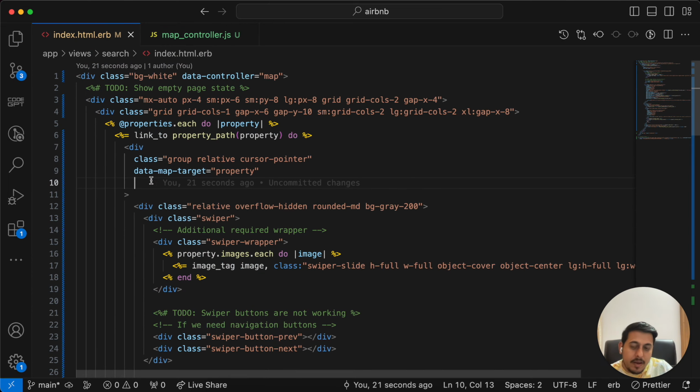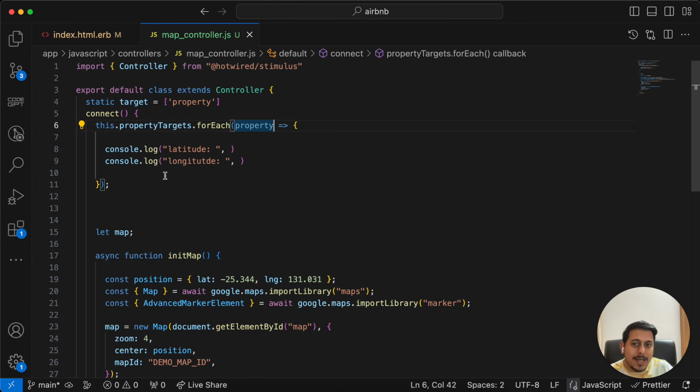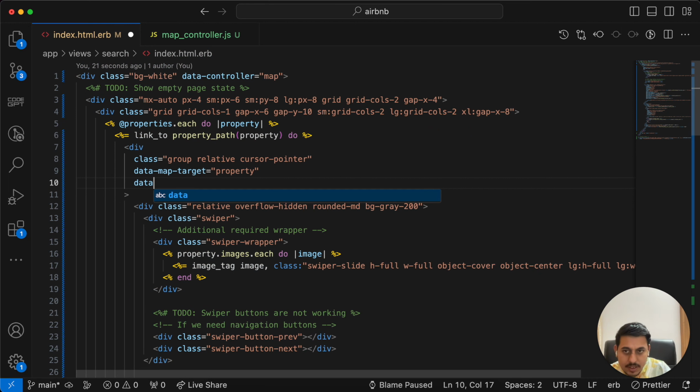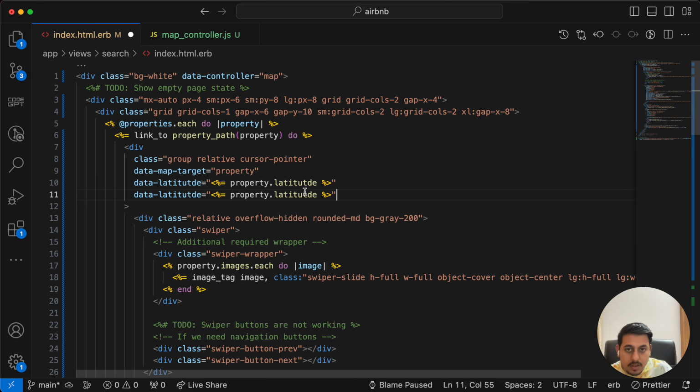So if I attach some attributes here, we can access it in this. So let me attach data latitude. To attach some data, we always have to use data dash, and this will become the name. And let me write ERB code, which is property dot latitude. Copy this, paste this, longitude,